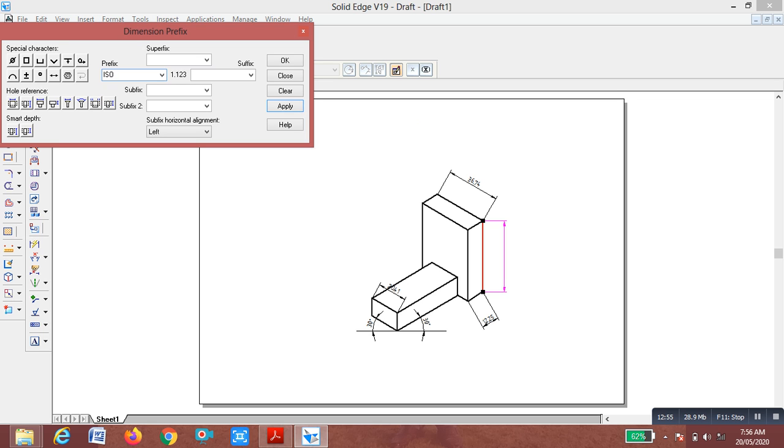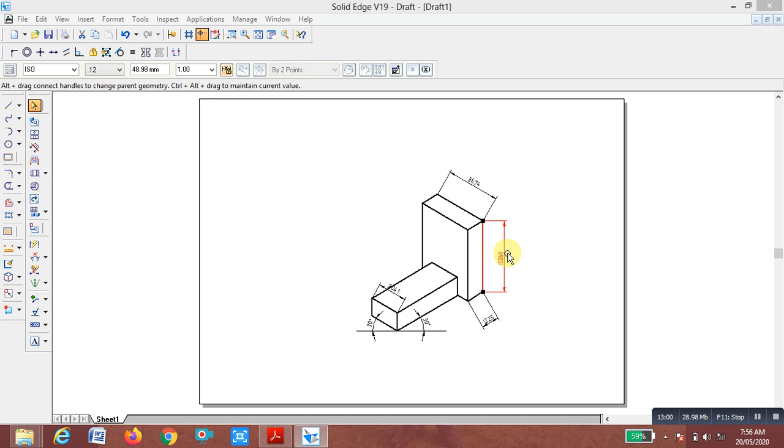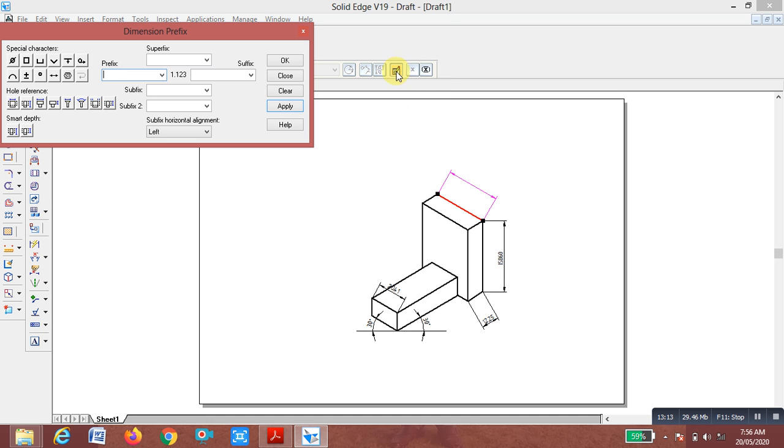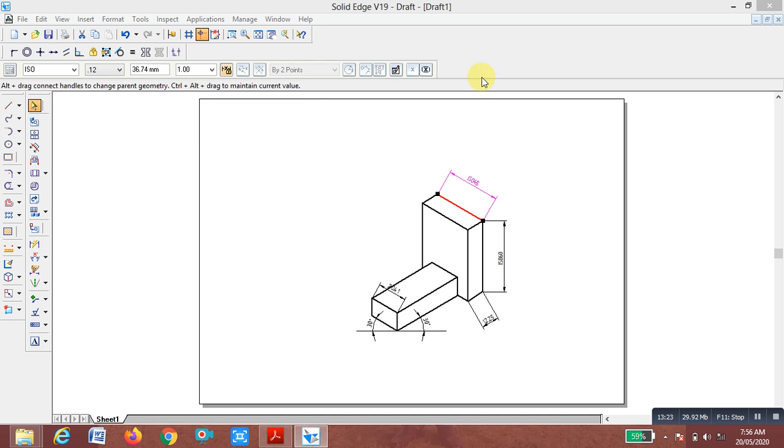Similarly, select the tool, click on this dimension, click on x, and write the prefix ISO. That width is 45, so ISO 45. Again click on the dimension of the width, click on x, prefix ISO.